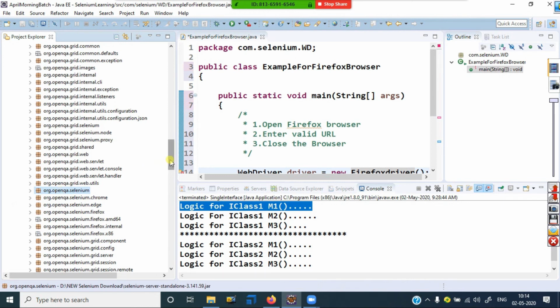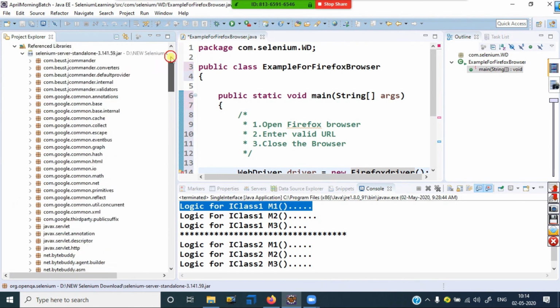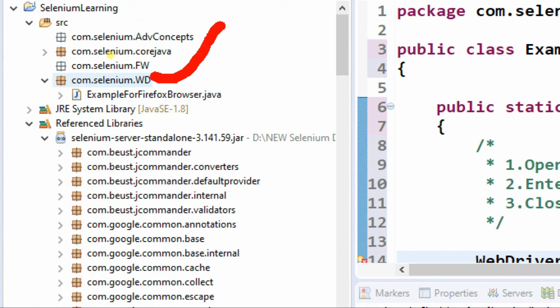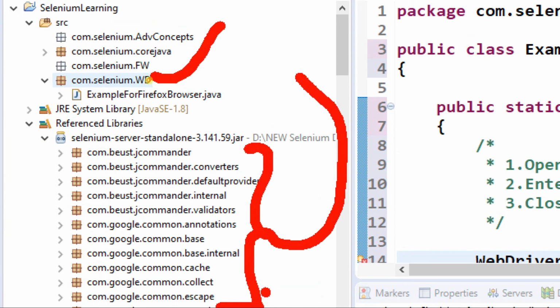That interface I am accessing in my package class. So an interface from one package can be accessed from another package's class. For that, the path of the package where the interface is available, you must import, then only it will be accepted.